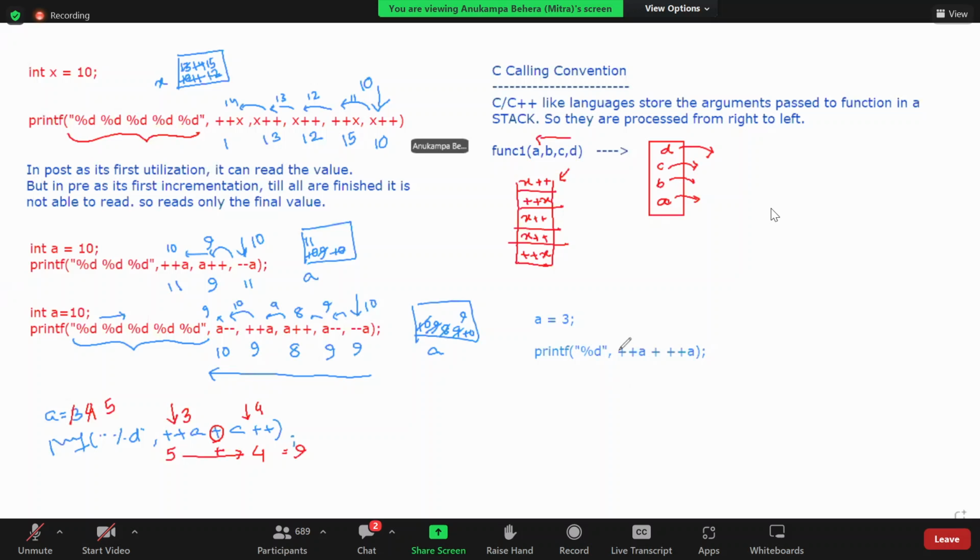ये देखिए, so this way, how much is the input? 3. It makes it how much? 4. Can't read. How much is the input here? 4. It makes it how much? 5. Now it is over, so it will read 5 plus 5, that is 10. Okay,